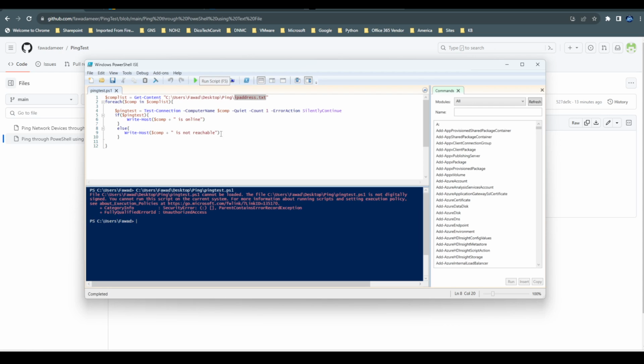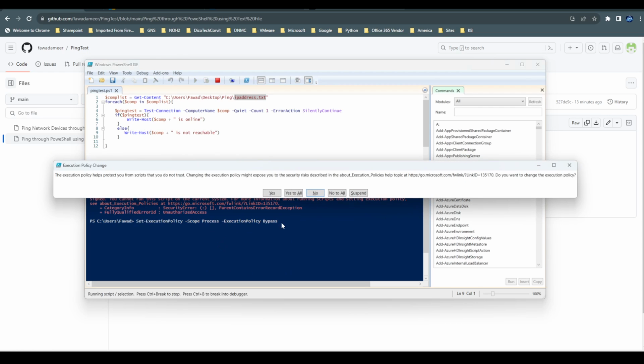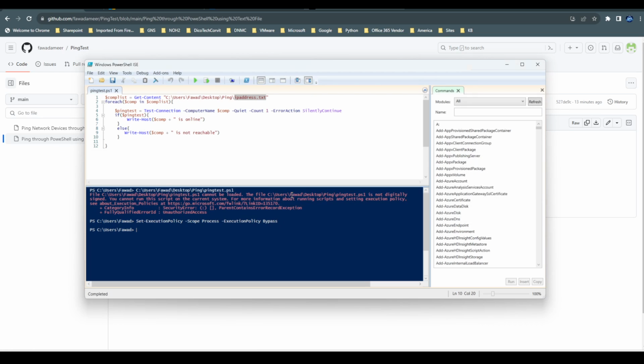So just run the script. So here, if you see this error, the PS is not digitally signed. So you need to ignore this warning. How you can ignore it? So you need to run another file, another script. This is the script. I will paste it in the video description. Yes to all. And then again run this script. So here you can see whatever is reachable, it is showing online, and whatever is not reachable,